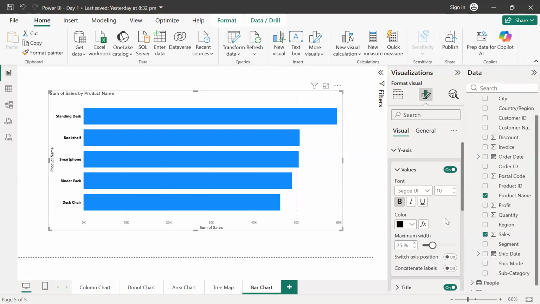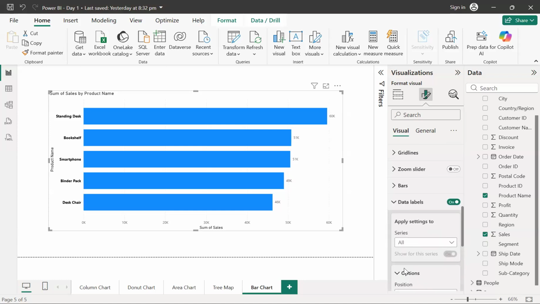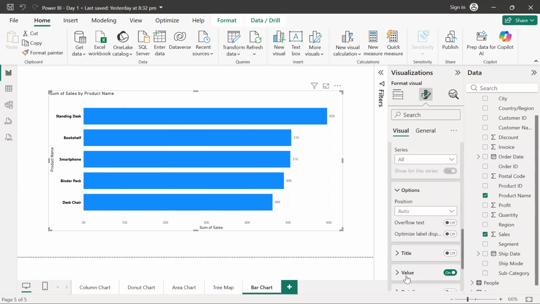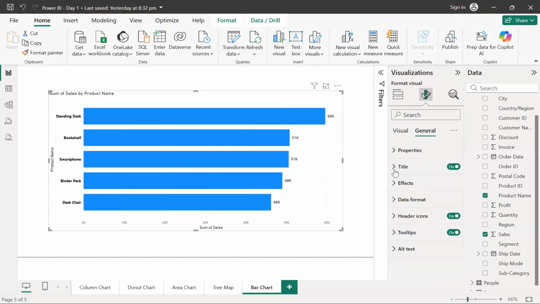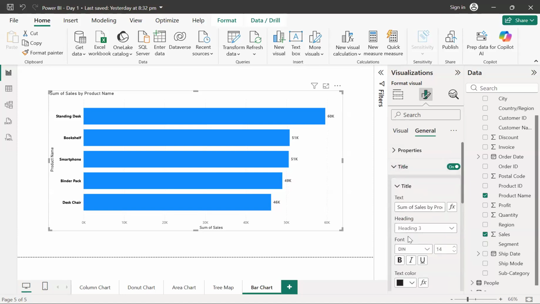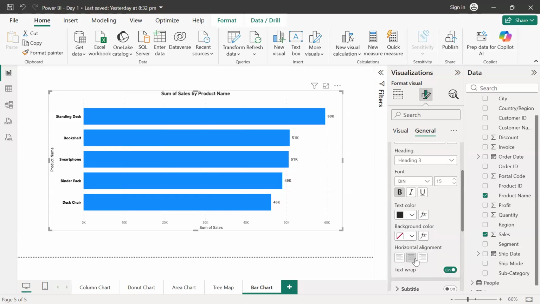Similarly, the data labels are off, so you can turn them on, change the size, or make them bold so that the numbers are visible over here. These are the general steps we have probably done multiple times, so you can just copy and paste the same thing over here.